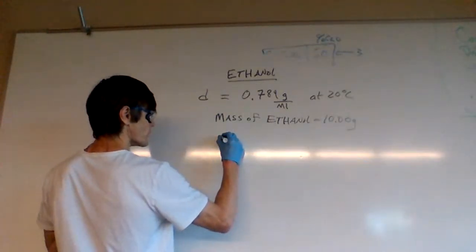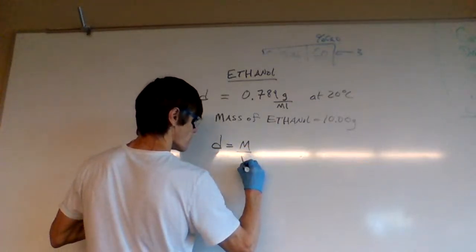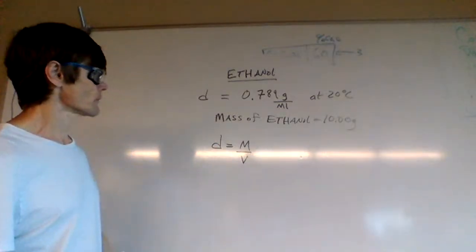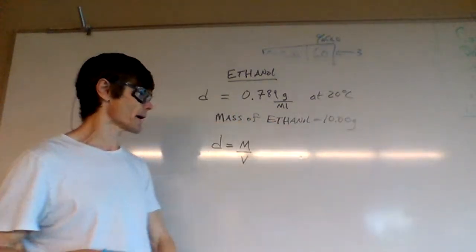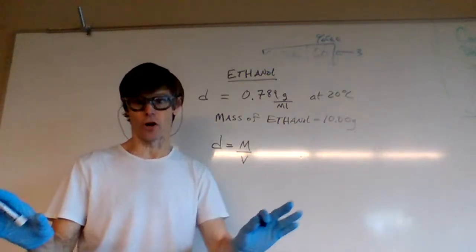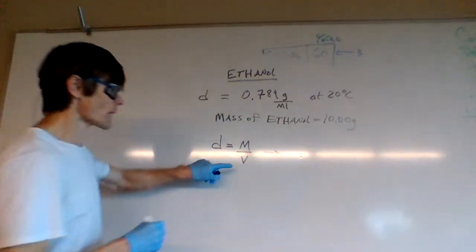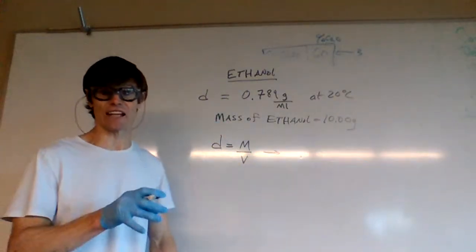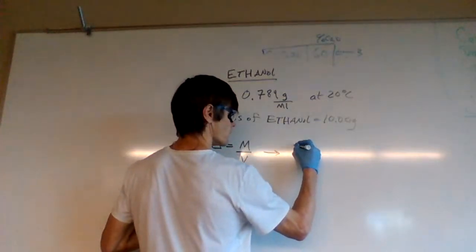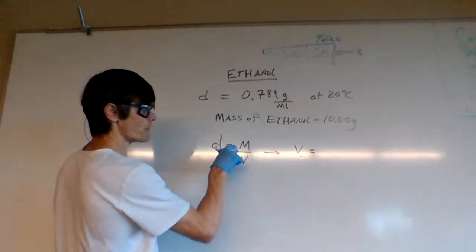Remember, density, D, is mass over volume. M is our mass, V is our volume. If we need a mass of 10 grams, we can easily measure out a certain volume, not weigh it out. And we can figure out the volume by rearranging our density equation. All we're going to do is cross multiply. The volume of the ethanol that we would require is equal to the mass